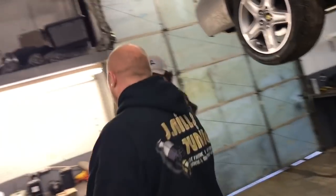Well, I'm going to use my old motor thing to put the sleeve and everything. So it's going to be like a house. It's going to be a race car slash street car. I want to do like a